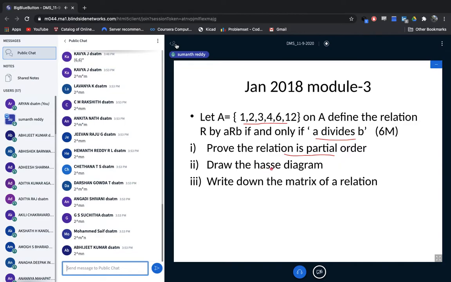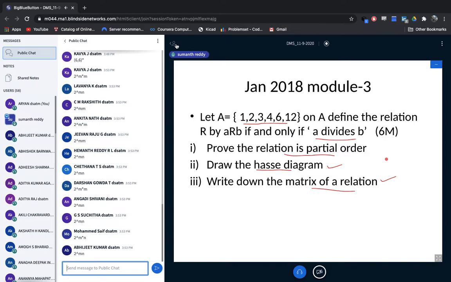And in the same question paper, he's asking you to write the Hasse diagram. This Hasse diagram is one more representation of a relation. So far we are able to write the relation in the form of ordered pairs, and we know how to write the relation in the form of a 0-1 matrix. Similarly, we can represent the relation in the form of an arrow diagram, Hasse diagram. We can use other representations too, and I'll teach you in the coming classes. The last question is to write down the matrix of a relation. So out of these questions, you can represent the relation as ordered pairs, and you can write the relation as a matrix. These two sub questions you can solve easily.